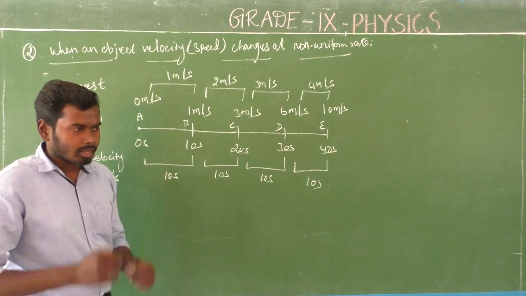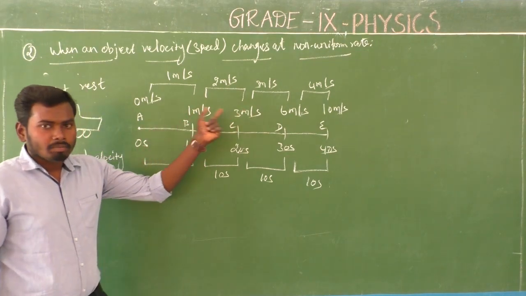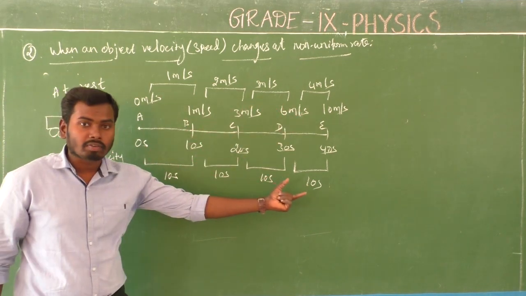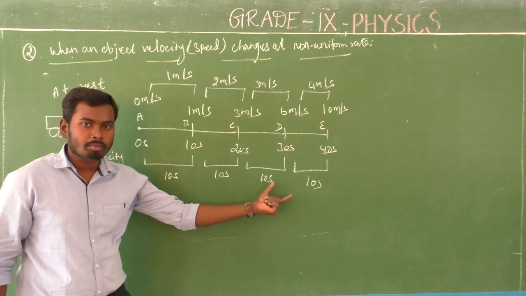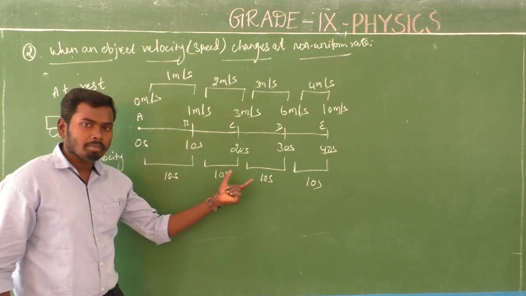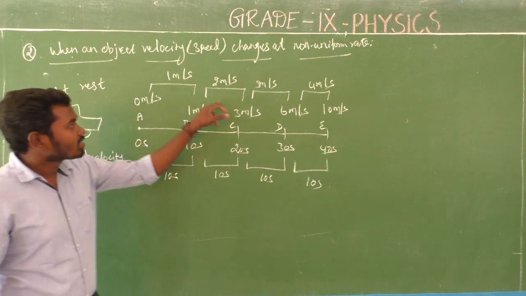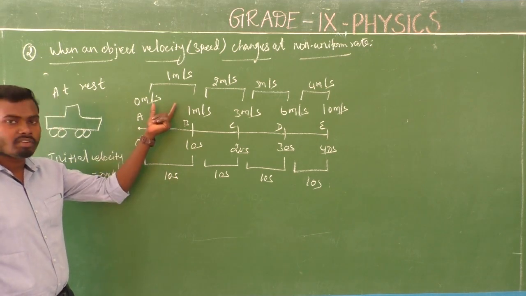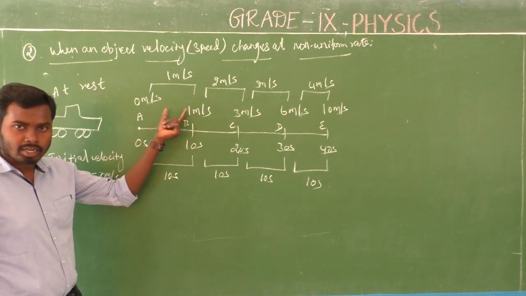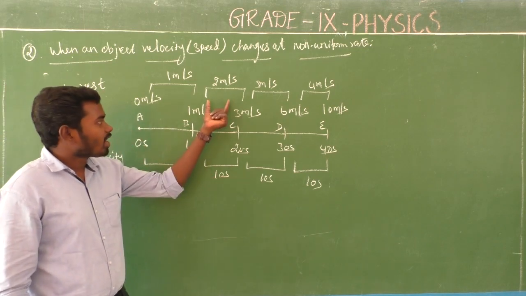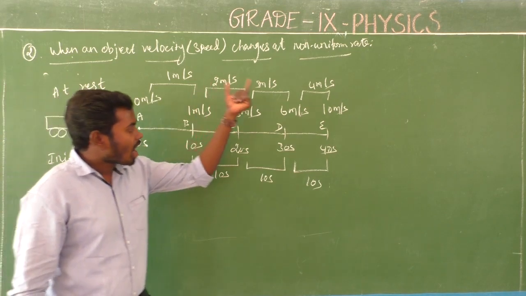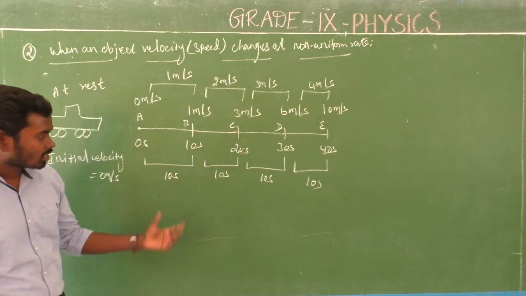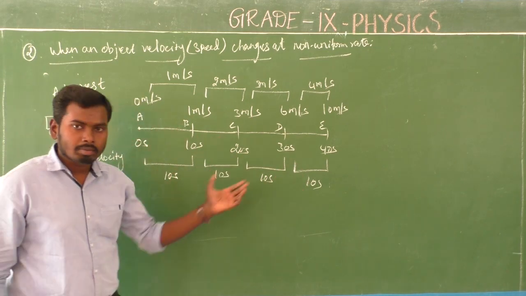Is it clear? Look at here. The velocity of the car changes by unequal amounts in equal intervals of time. Am I right? Look at here, the time factor is the same. In all the situations the time factor is the same, but the change in velocity is not equal, that is unequal. In the first 10 seconds, the velocity of the object changes by just 1 meter per second. In the next 10 seconds it changes by 2 meters per second, in the third 10 seconds by 3 meters per second, and in the final 10 seconds by 4 meters per second. Is it clear? Yes. But the time is the same, time never changes, time is constant.